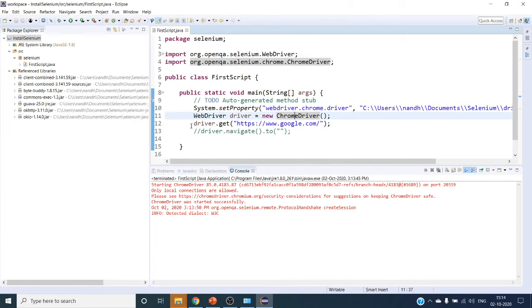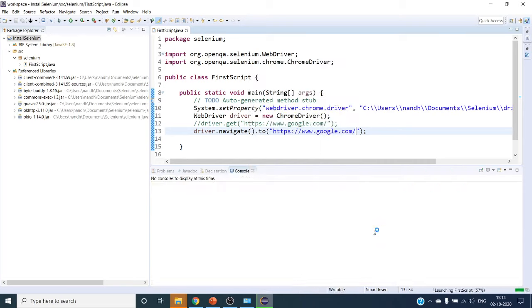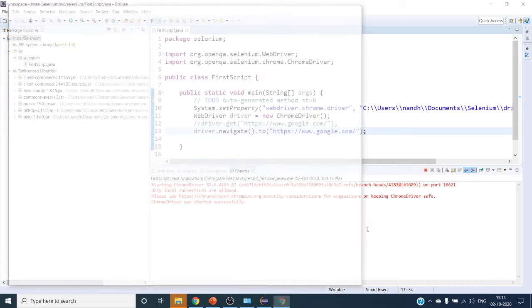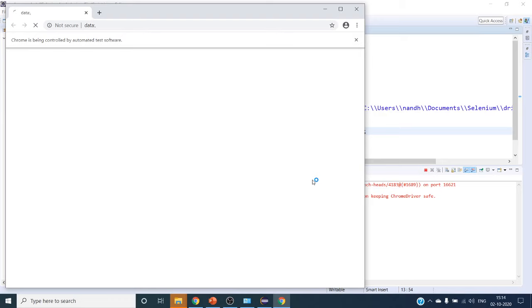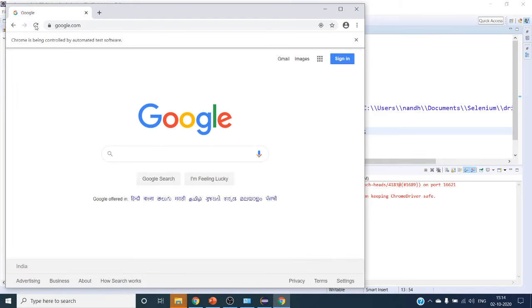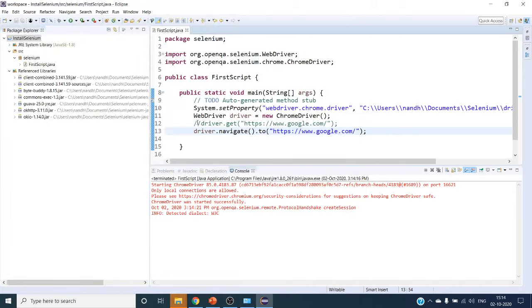Let's close this instance. Let's see with the navigate.to method. This will also do the same. There is no difference in that, so you can use either this or that. There are slight changes, but anyway we are not going to use that. You can refresh, forward, backward, and those will be supported over here. You can see the refresh, forward, backward buttons will come. But you can see that google.com has been launched with the Chrome browser. So there is no difference between the get and navigate methods. As of now, for simplicity, we can use this get method.